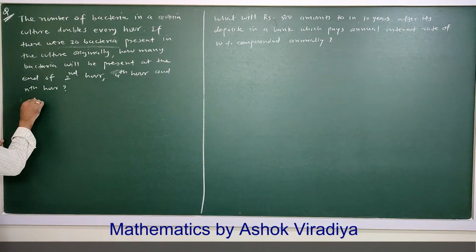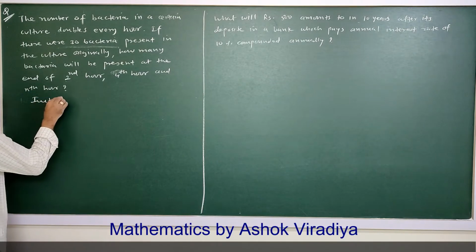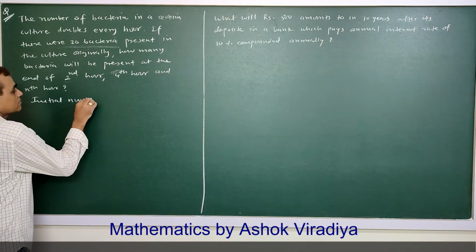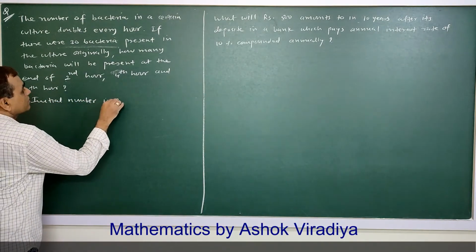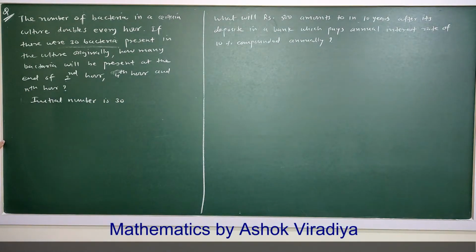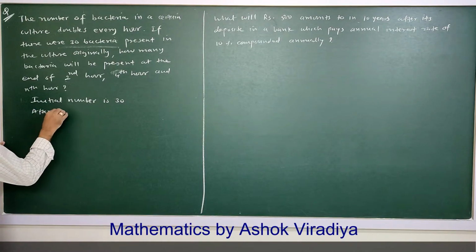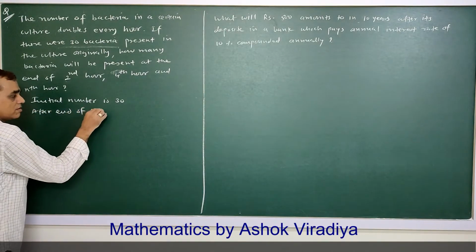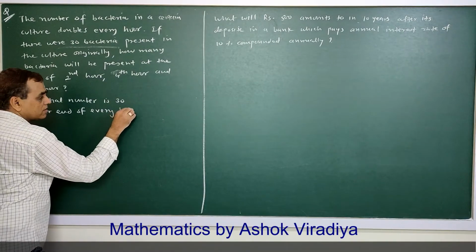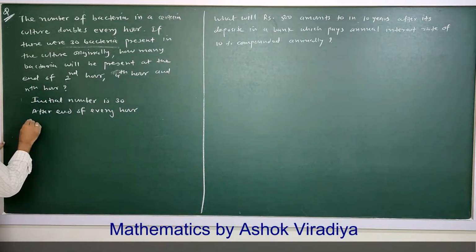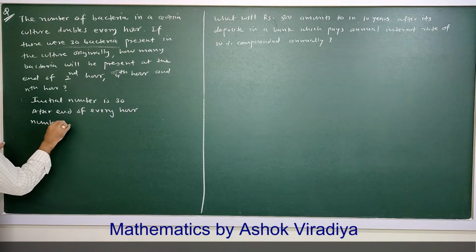Say initial number is 30. Then after end of every hour number of bacterias